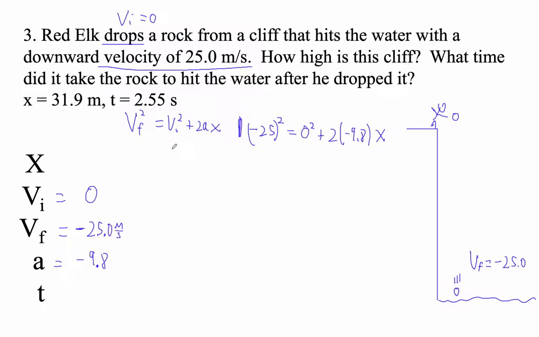Now, if your calculator tells you that it's negative 625, politely ignore it. The square of a negative is a positive number, right? That equals, and then 0 squared is 0, right? 2 times negative 9.8 times x. And then my next step is I'm going to divide by 2 times negative 9.8, so divided by 2 divided by negative 9.8, and I get that x equals negative